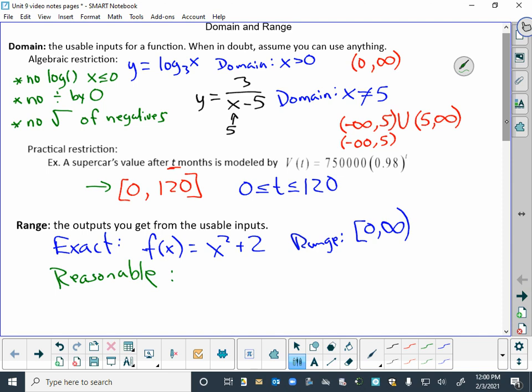And maybe it has to do with the length of some tendon in the arm is related to how fast somebody can actually throw a pitch. Well, there's a restriction, there's something about how long that tendon could possibly be. It probably can't be 0, and there's probably a maximum length in there somewhere, but it's not totally clearly defined